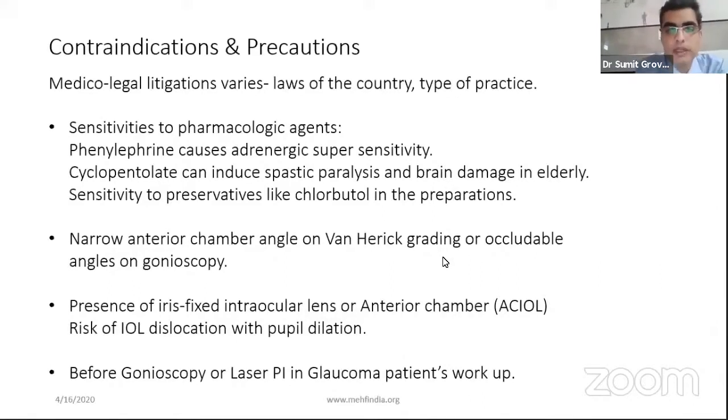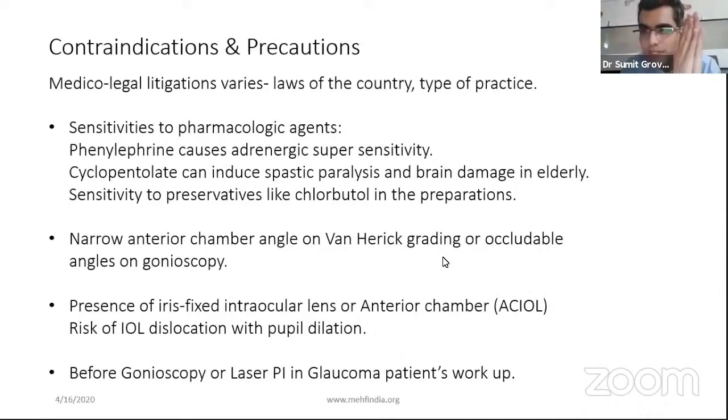Narrow anterior chamber. If you see that van Herick grading shows you that the anterior chamber depth is very low, or you find occludable angles on gonioscopy, do not dilate, refrain from dilating. Presence of an iris-fixated intraocular lens or an anterior chamber IOL, the risk of IOL dislocation with pupillary dilatation does exist. Before gonioscopy or any procedures like laser PI in glaucoma patient workup,